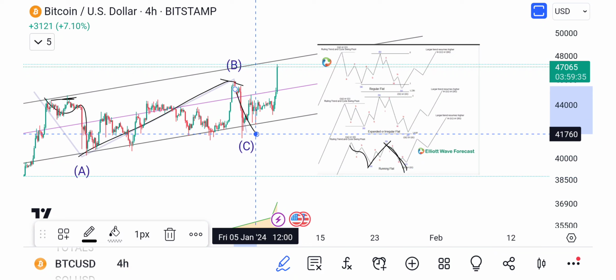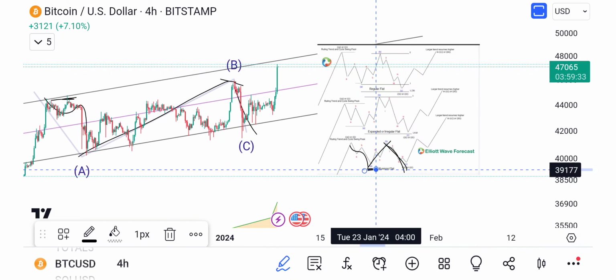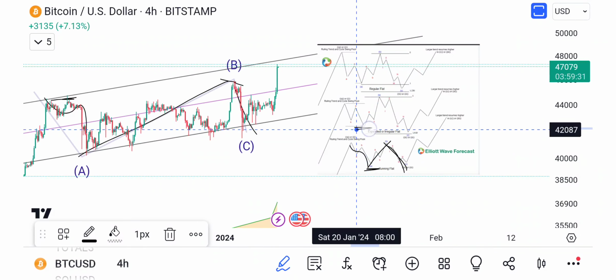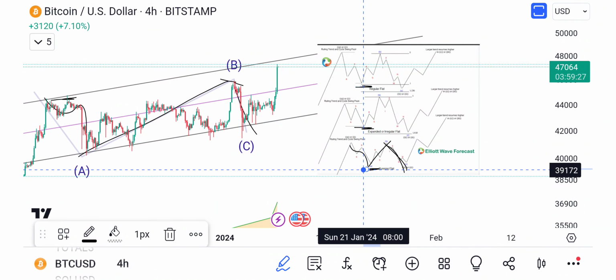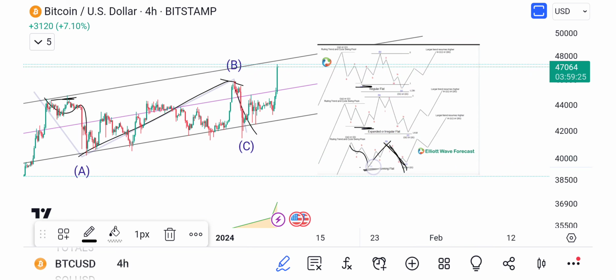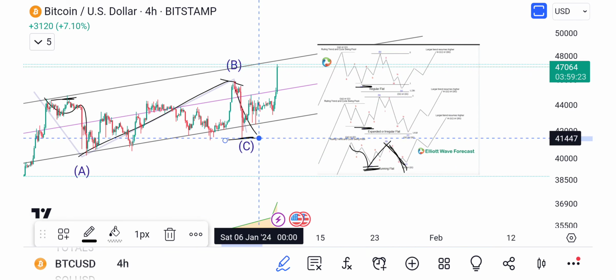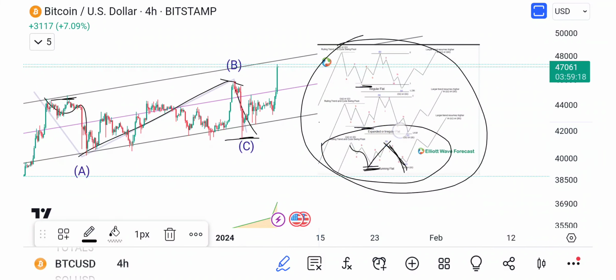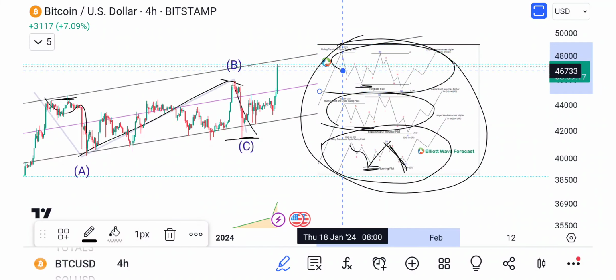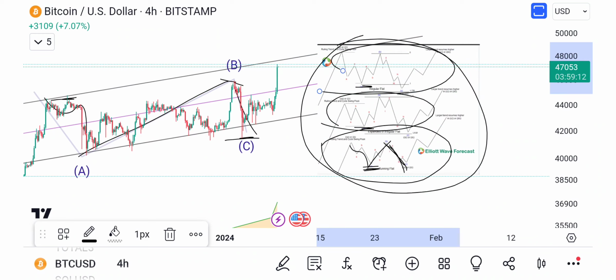Now the difference here is: is this low taken? See right here, it can take the low. Right here, it can take the low. Right here, it doesn't take the low. Instead, it comes down, makes a higher low, and that was the case we had here. So I wasn't sure which one it was. Was it 1, 2, or 3? They're all very good contenders. Well, now we can rule out that it was 1 or 2, but rather it was 3.